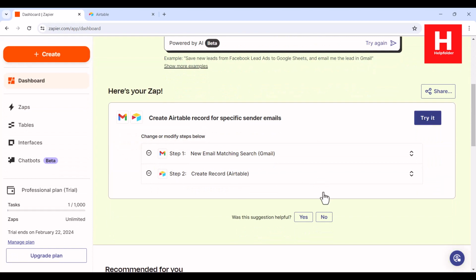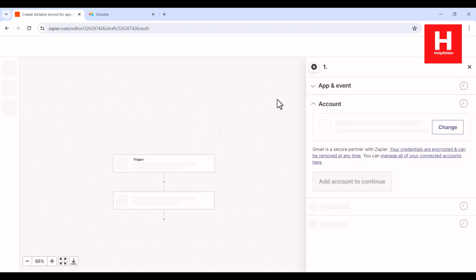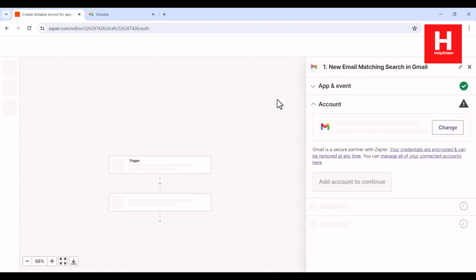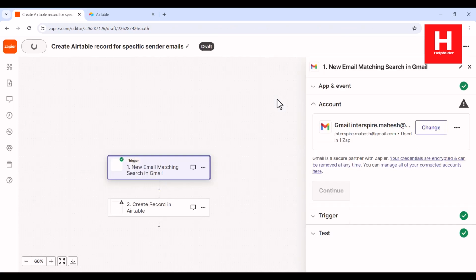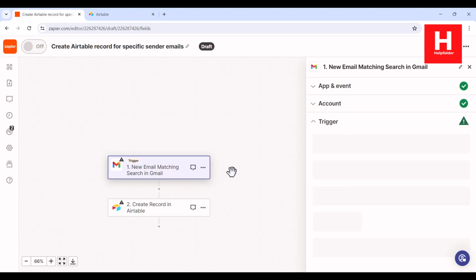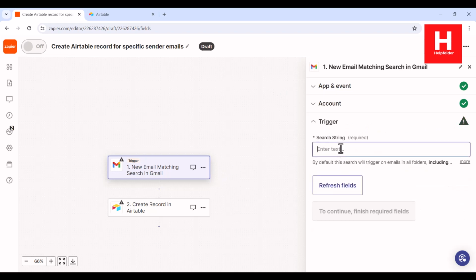It found this one, where email matching search and then create record. So I will try this. It will open it in the editor. So here you may have to check this particular part out. It managed to connect our basic email. So for the search string I will give it, let's see, align, and then